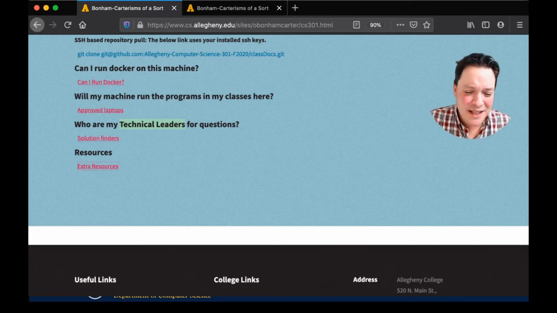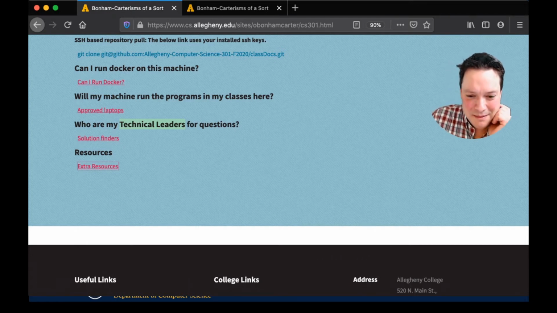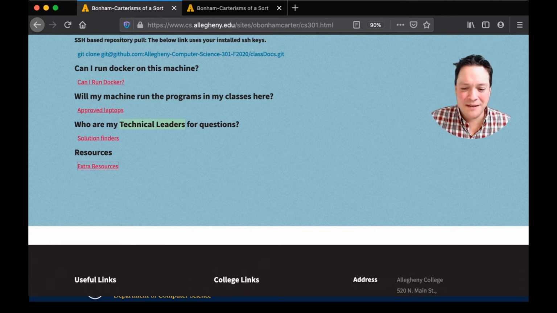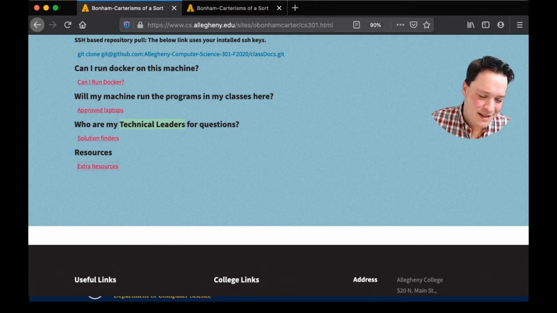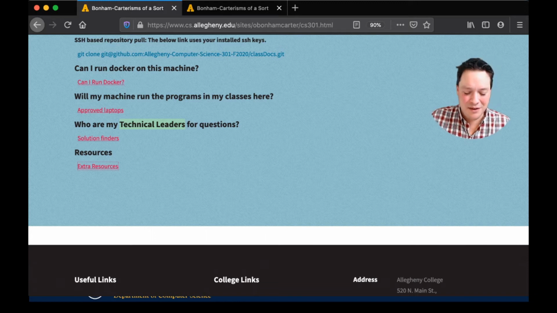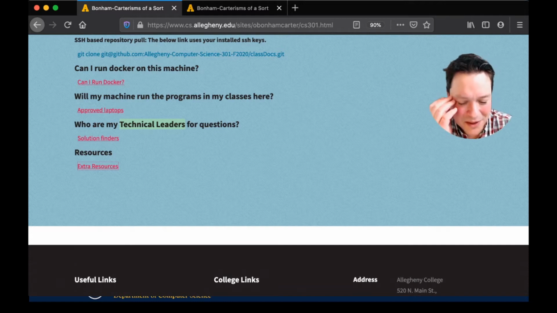I will say this about this course, though: if what I'm saying today about the terminal, about typing commands in, and GitHub and Docker and all these things, is not making any sense to you, please don't panic, because I will be talking about these things all semester, probably in the same capacity. By the middle of next week or after next week, these ideas will not seem so crazy.